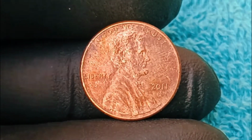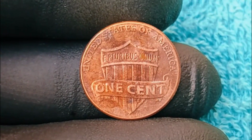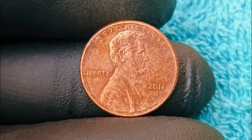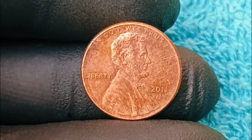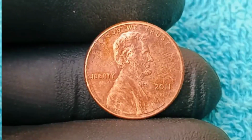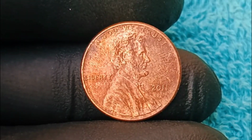And this isn't just any coin. It's a piece of minting history that shows how a tiny anomaly can transform an everyday penny into a legendary artifact. So if you've ever wondered how a coin worth just 1 cent could become one of the most talked about pieces in coin collecting history, then buckle up, because we are about to go deep into the extraordinary world of